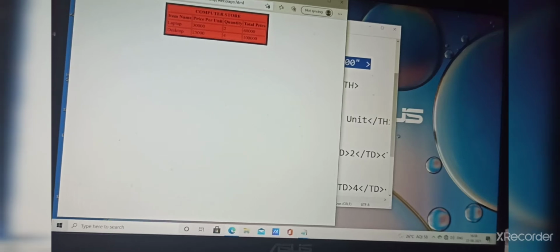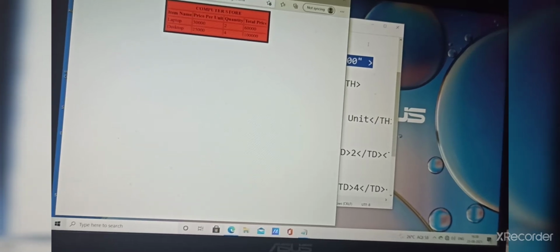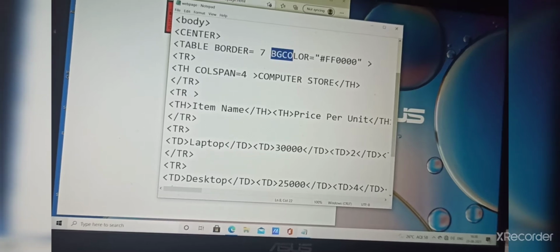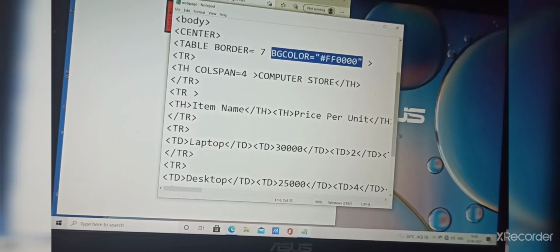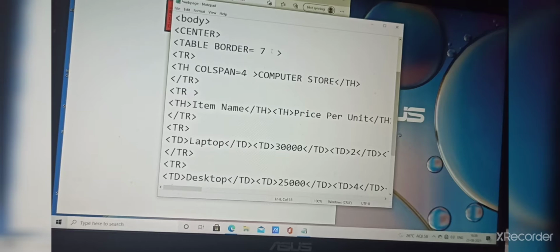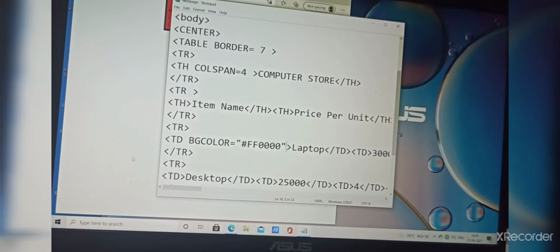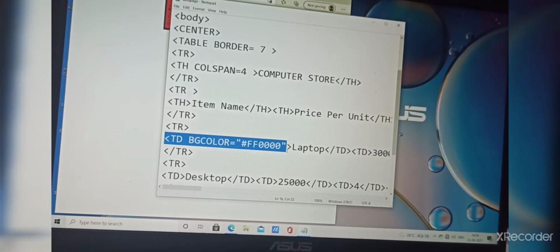Now next, if I want to give this color to only a single cell, I will cut it from here and give it here. See here, I am giving it on the td data. Any data you can take.